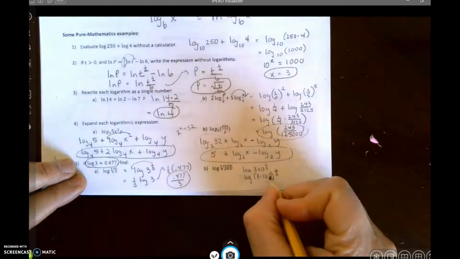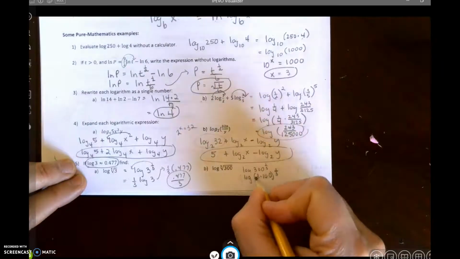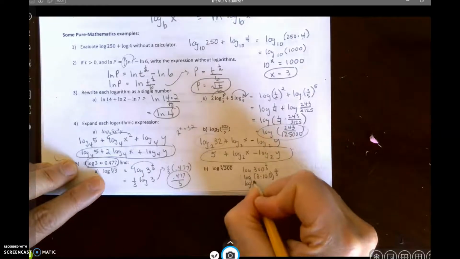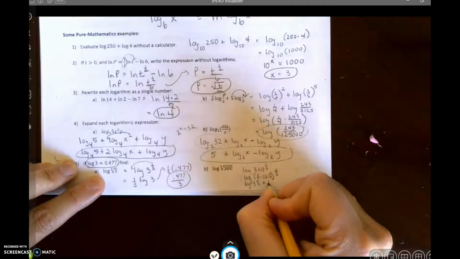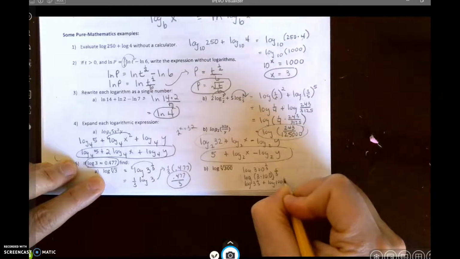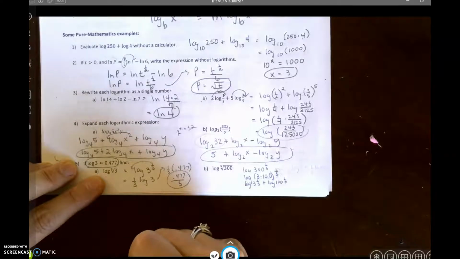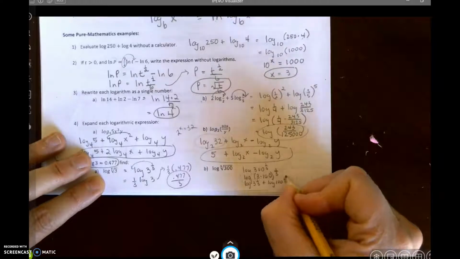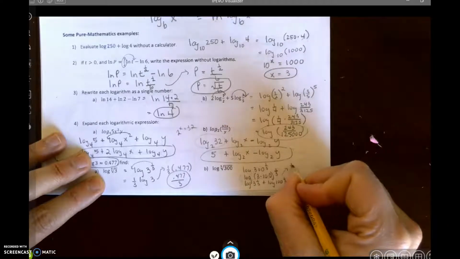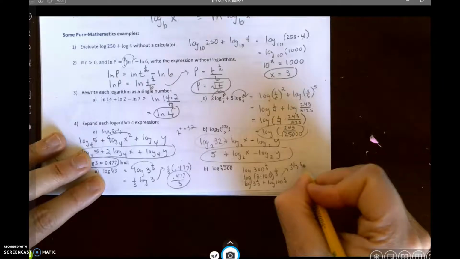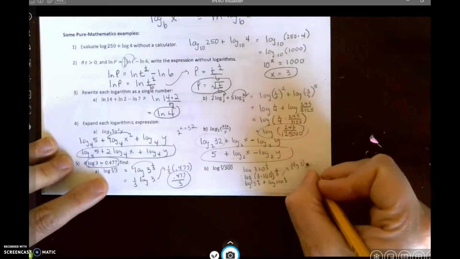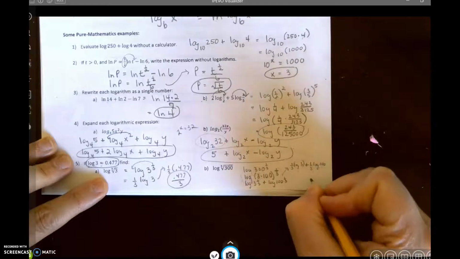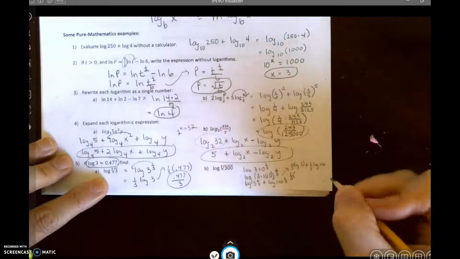Now, I want you to note that this 1/3 goes with both the 3 and the 100. So I'm going to rewrite this then as the log of 3 to the 1/3 plus the log of 100 to the 1/3. All right? Then I'm going to move that 1/3 to the front. And so then I have 1/3 times the log of 3. There's that log of 3 that I wanted, plus 1/3 times the log of 100. So I have 1/3 times that